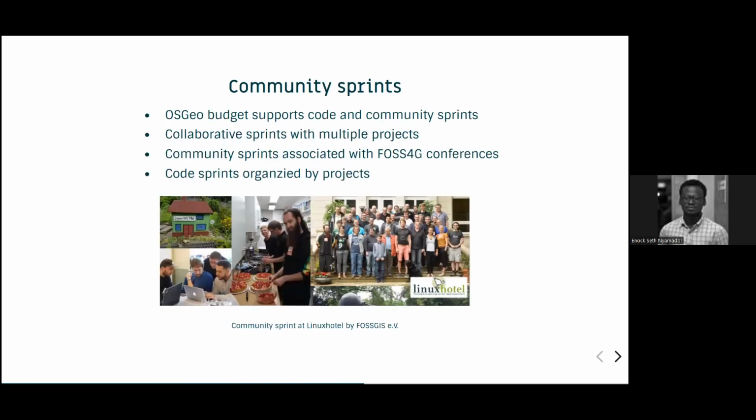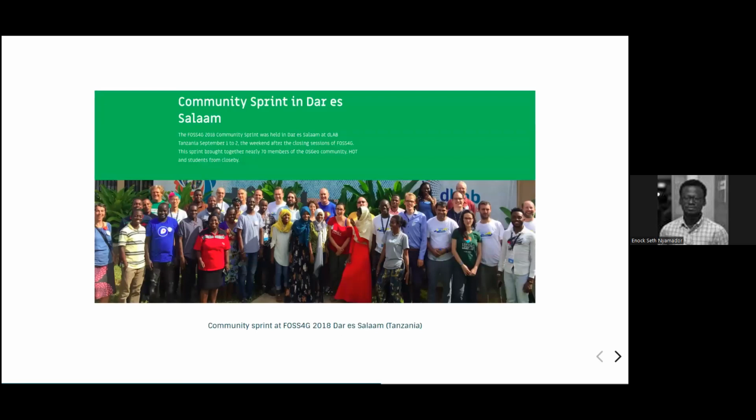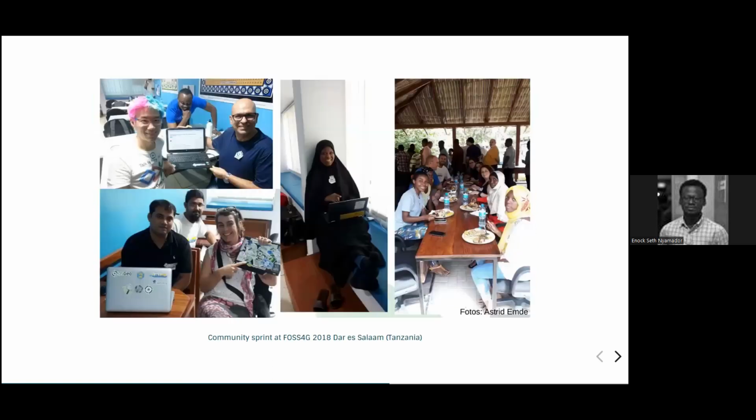continents. There are community sprints where you can meet and ask the people doing the work, or maybe contributing to QGIS or your favorite tool that is an OSGeo project, and then learn from them, and also contribute as such. One interesting one I remember from 2018 was in Dar es Salaam, during FOSS4G 2018, which was also in Dar es Salaam. You can meet people and talk. You can see an ODK sample in this image. I remember this moment as I was present myself.